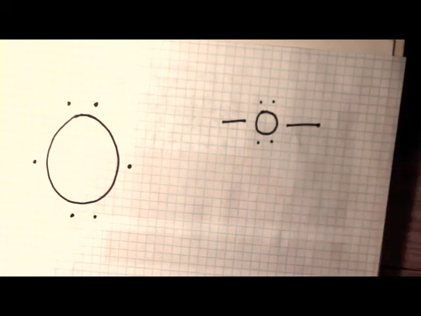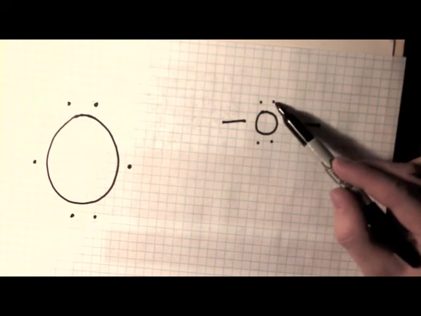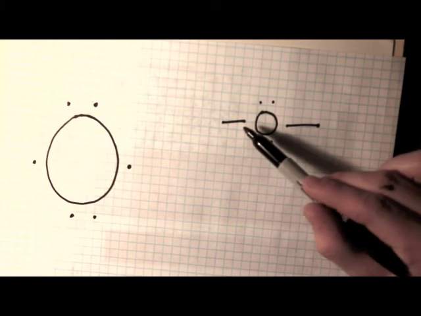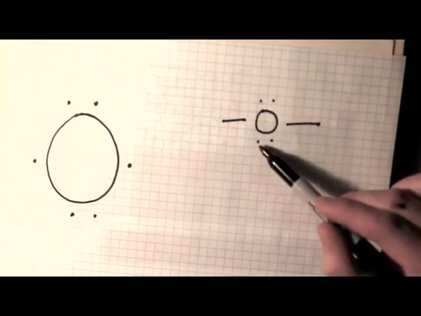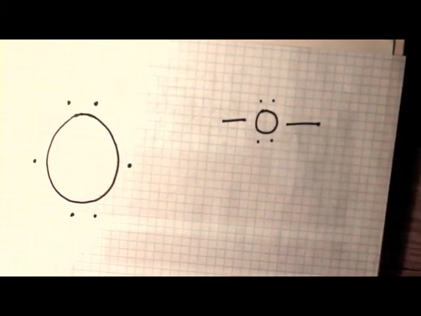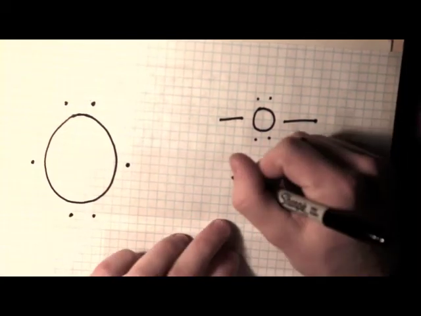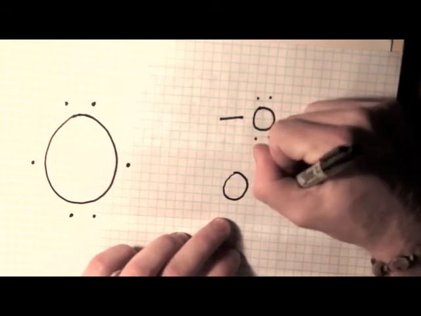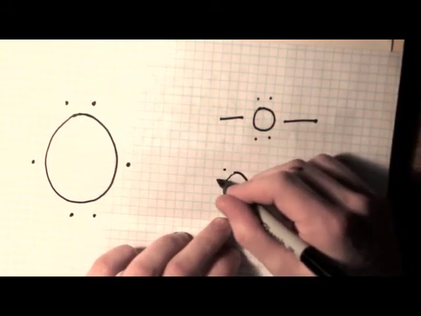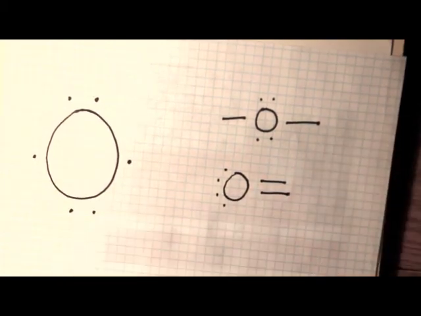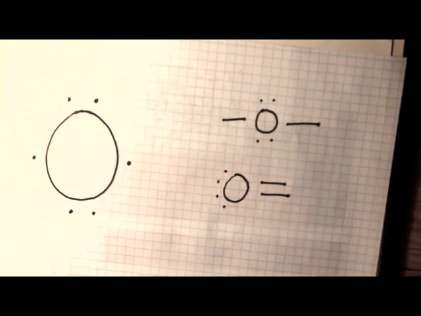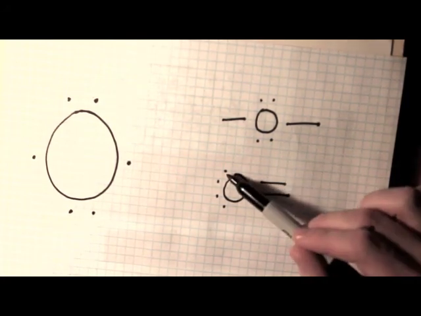So, oxygen uses its original 6 it has to work with. 1, 2, 3, 4, 5, 6, and with this arrangement it feels 8. 2, 4, 5, 6, 7, 8. Looks good, right? The second configuration we can do is just 1 double bond. That's 2 bonds going to 1 atom. Then 4 electrons hanging out on top here, like a hat. Uses 6, 1, 2, 3, 4, 5, 6, feels 8. 2, 4, 5, 6, 7, 8.